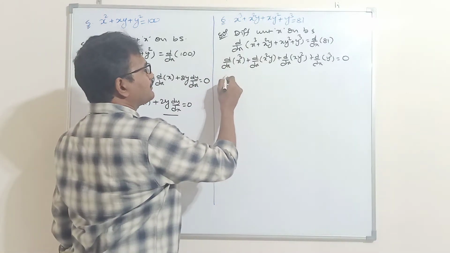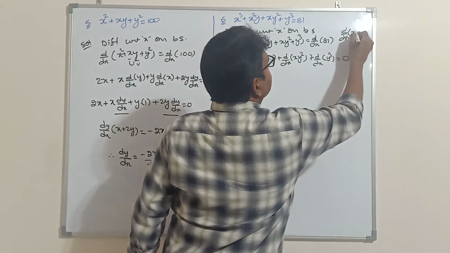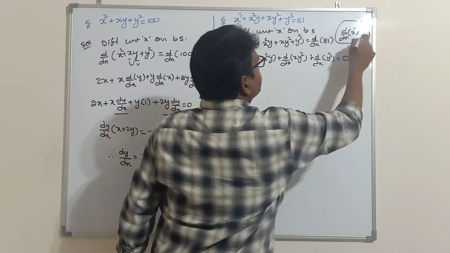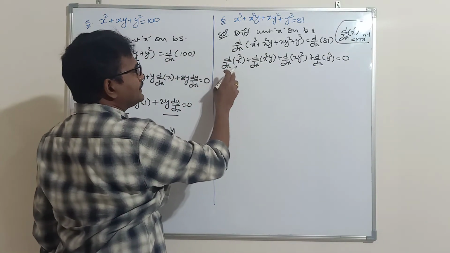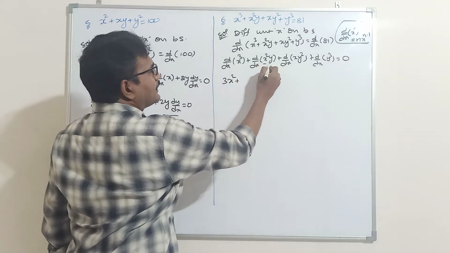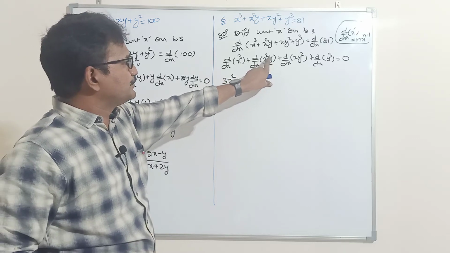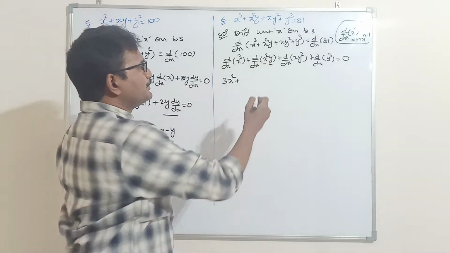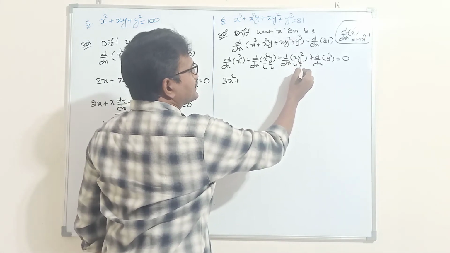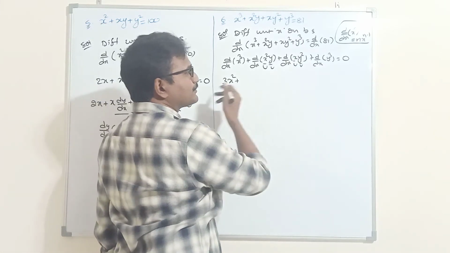We know derivative of x cube. Apply derivative of x power n. Derivative of x power n is how much? n into x power n minus 1. So here in the place of n, 3 is there: 3 into x power 3 minus 1, that means 3x square, plus apply the uv rule here. X square y, two different functions, and between these two functions, the product sign is there. So apply the uv rule. Similarly, here xy square, two different functions with a product sign between them. So apply the uv rule.